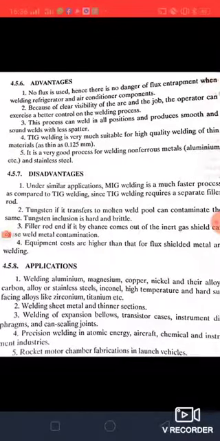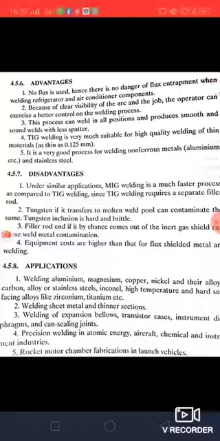Okay, so for fine finishing process, TIG welding is used, because TIG welding does not produce any flux contamination. The welding appearance of TIG welding is very good. That's why TIG welding is used for refrigerator and air conditioner components, because there is no flux entrapment in this welding process.